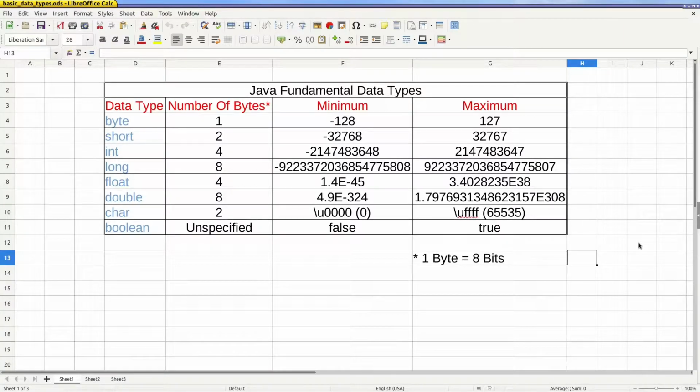Hi guys. So in our very first video on Java programming, we're actually not going to open the IDE today. I'm just going to take you through this concept known as Java fundamental data types, because it's absolutely paramount that you understand what these things are if you're going to write any serious Java program. Technically they're called fundamental data types because